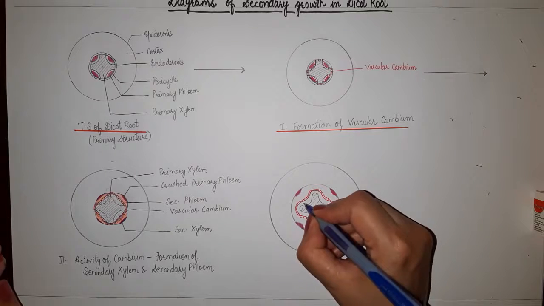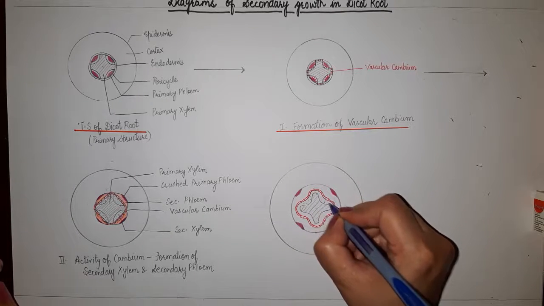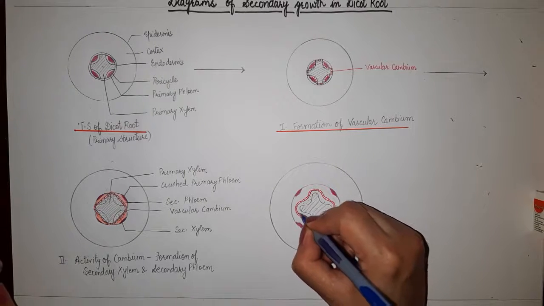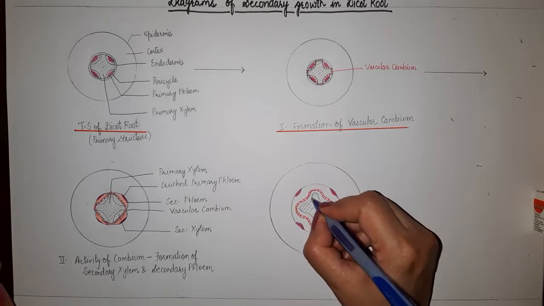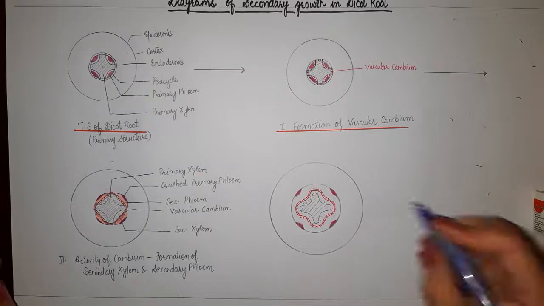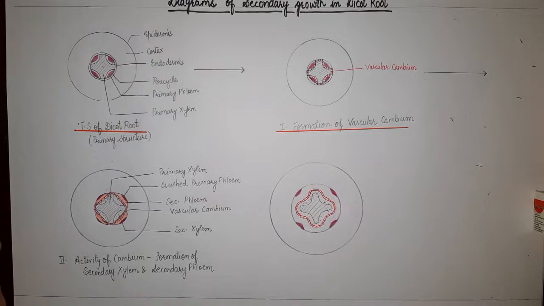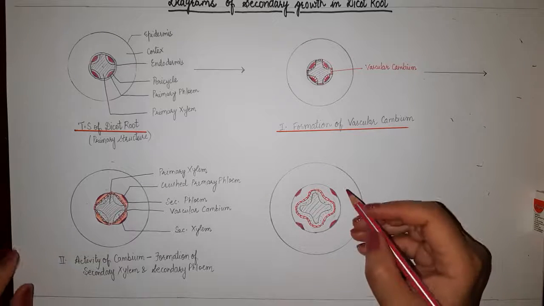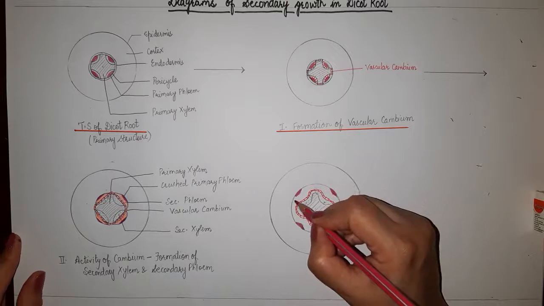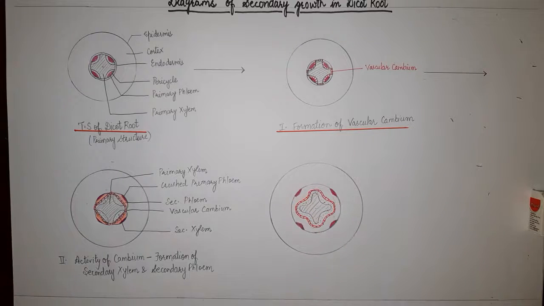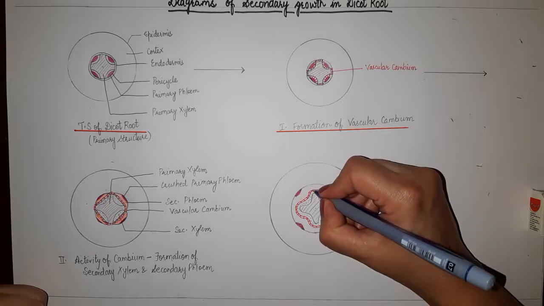Then this is the region of secondary xylem. And outside is secondary phloem. But before this, mark the regions of